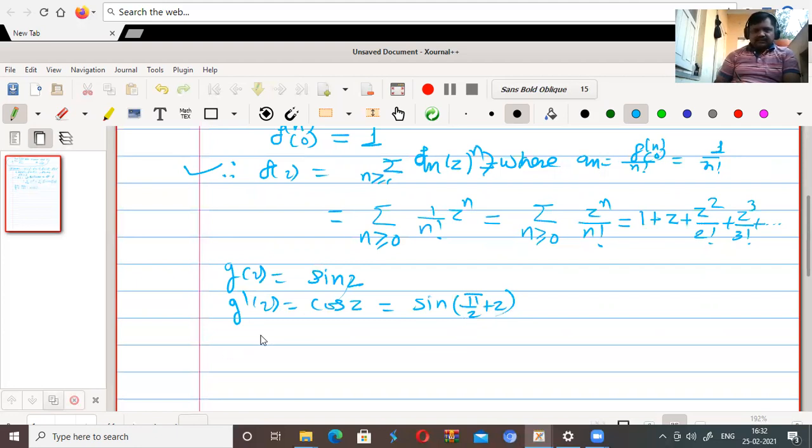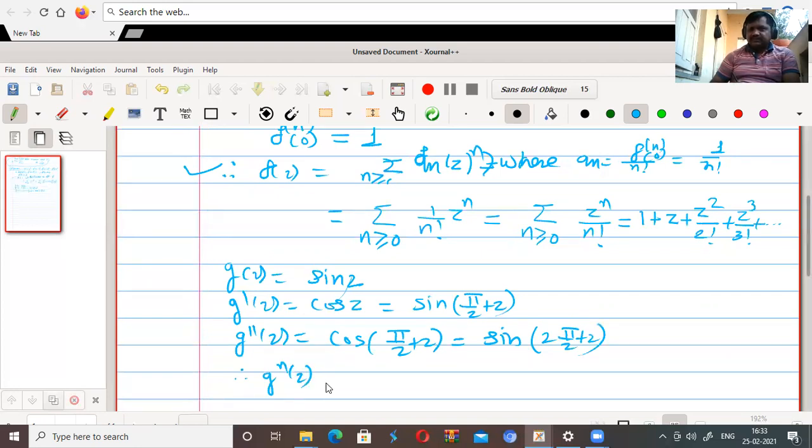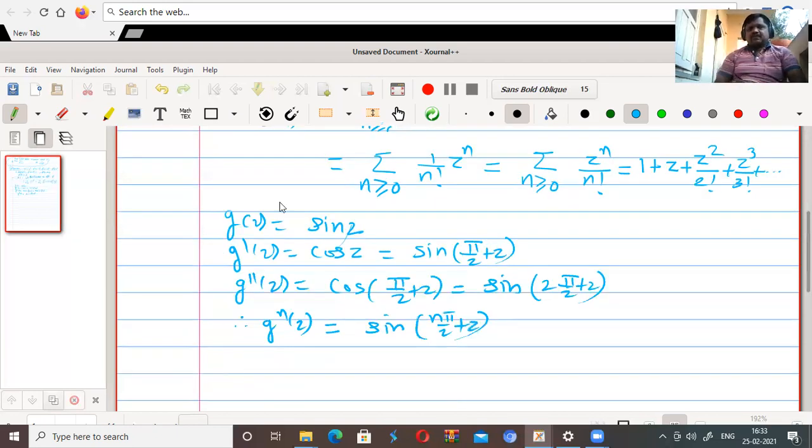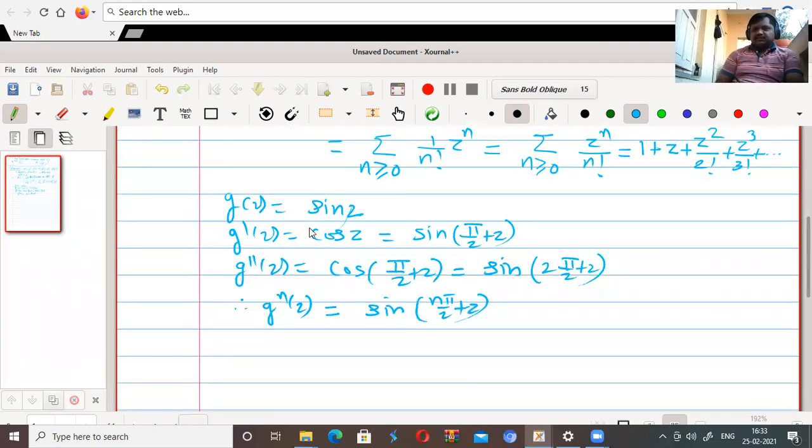Then g double dash of z is equal to its derivative, cos of pi by 2 plus z. That can be written as sin of pi by 2 plus z plus pi by 2, meaning sin of 2 pi by 2 plus z. And therefore, the nth derivative of g of z is nothing but sin of n pi by 2 plus z. So if we want to obtain the Taylor series expansion of sin z about z equal to 0,